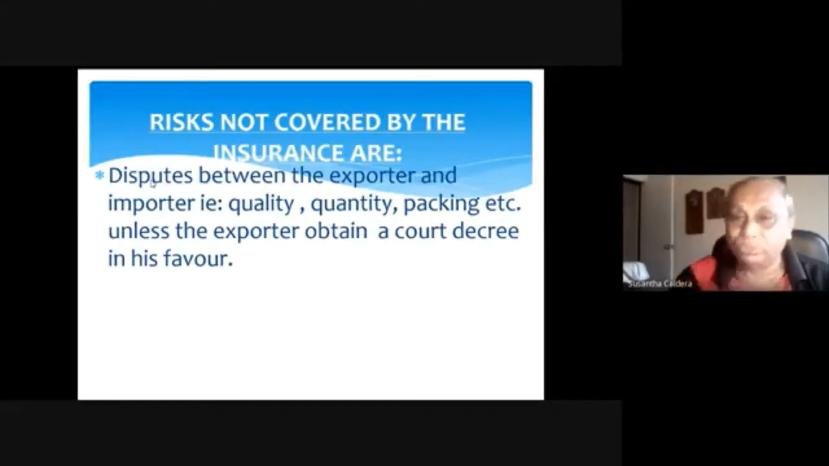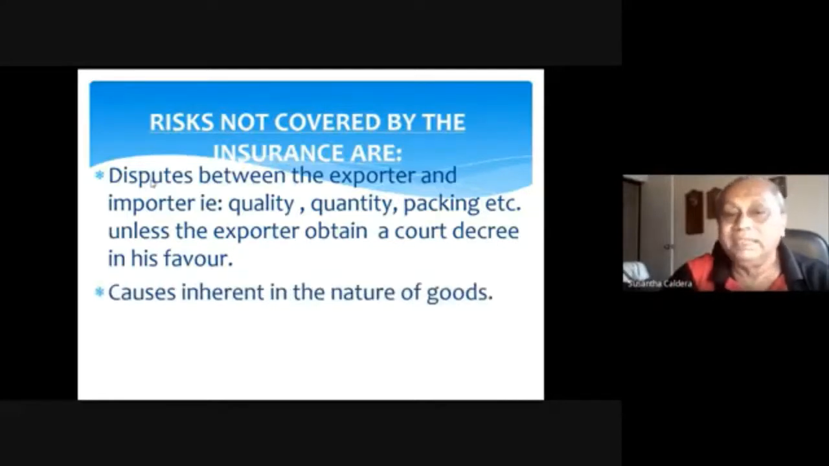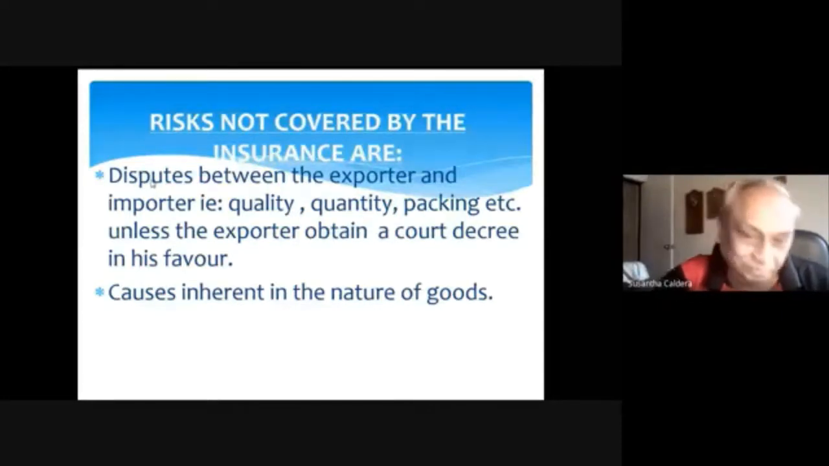Unless the exporter obtains a court decree in his favor. Causes inherent in the nature of goods, causes inherent in the nature of the goods. Salt. If you are importing salt from India,